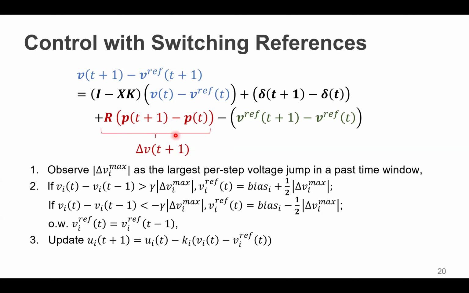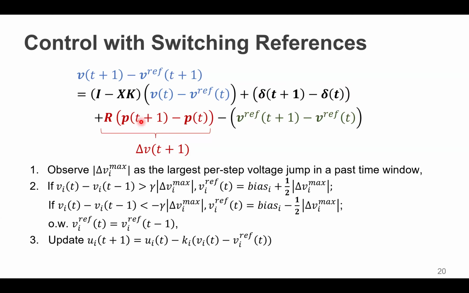Yeah, so thank you. That is something I should clarify. The theory comes from how we can cancel the red term here and also the green term here. The red term is essentially the voltage jump caused by the sudden power increase, P(t+1) minus P(t), the sudden power increase across different time steps, times R. That is the sudden voltage resulting from the sudden power change.